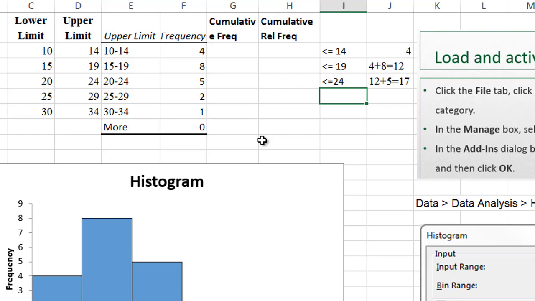And so on. And let's finish that with the Excel formula. So here I would just click on the 4. Then add 4, and then 8. Then copy down this formula. And of course, we should end up with the 20 at the end, total number of the values. And we could always get the cumulative relative frequency by dividing these values by